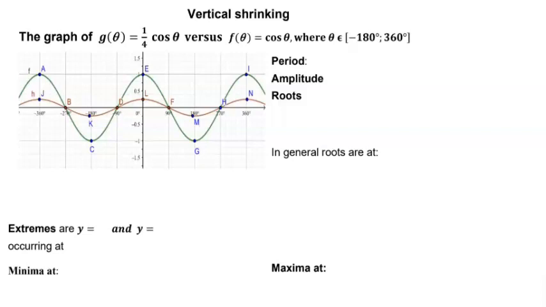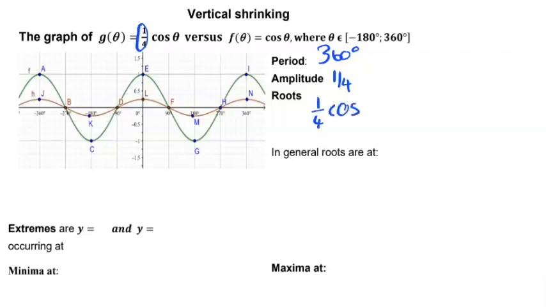Let us run through the properties of this graph, the red graph here, and we see it's much flatter than the other graph. It's literally squeezed vertically down to maximums of a quarter and minimums of negative a quarter. So the period, you can easily see, is exactly the same. It's 360 degrees. The amplitude is the coefficient here, a quarter, and if we look at the roots of a quarter